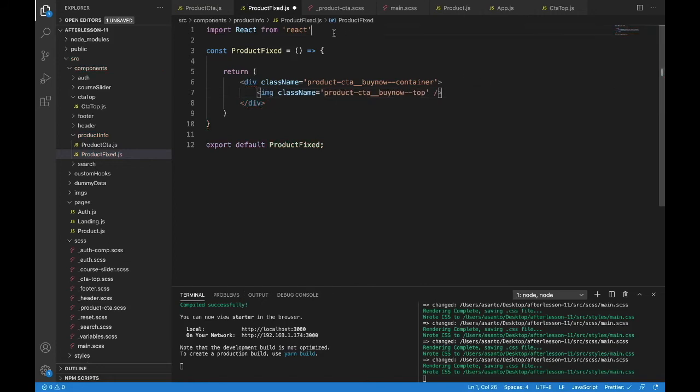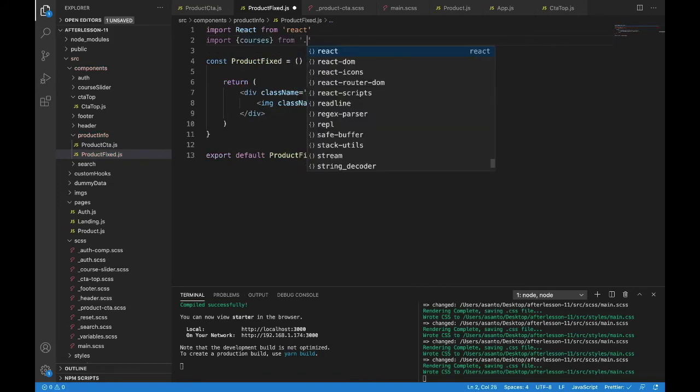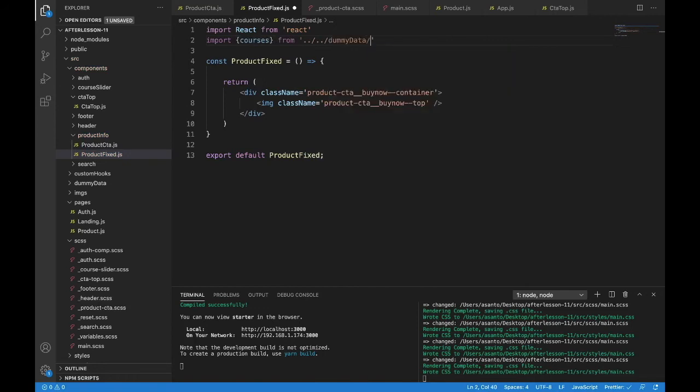We're going to need to get the image from our course info, so let's bring that in. So import courses from, and that's in our dummy data, courses. Let's also bring in sale. We'll need that later. And let's get some of that information off right on top. So we'll make a const, and we'll start pulling things off. We need the img, that's the image. We're going to need the price. We're going to need the sales opt-in, and this is if they want to be included in the sales, so true or false. There will be a length,